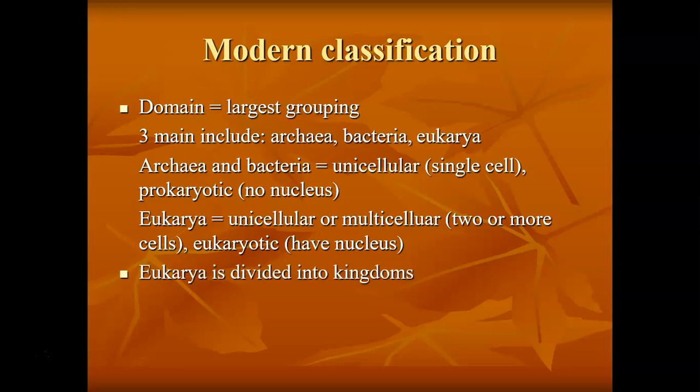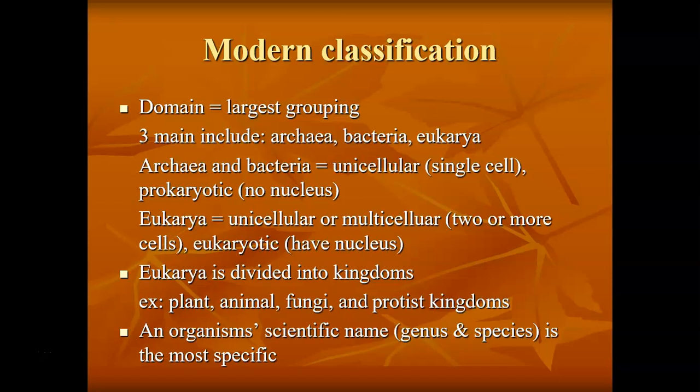We then further divide that eukaryotic domain into kingdoms, and this is probably what you've learned in the past. So plant kingdom, animal kingdom, fungus, protists, those are all different kingdoms that are found within that eukarya domain, and we can divide them even further than that, all the way down to the most specific levels of classification, which includes an organism's scientific name. So it's genus, which is slightly less specific, all the way down to a species, which is its most